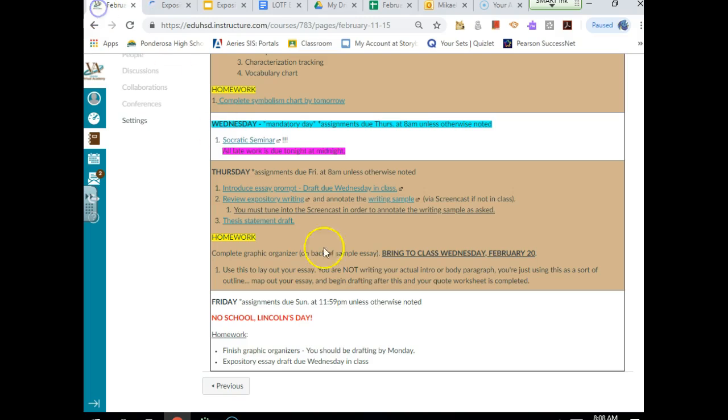Okay? Now, I also have this writing sample here. It's an essay sample. I also have printouts. So if you want to annotate on handwritten paper, you want one of those to write on. Okay. If you would prefer to edit it online,